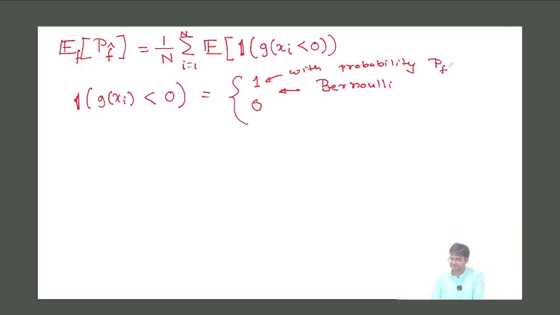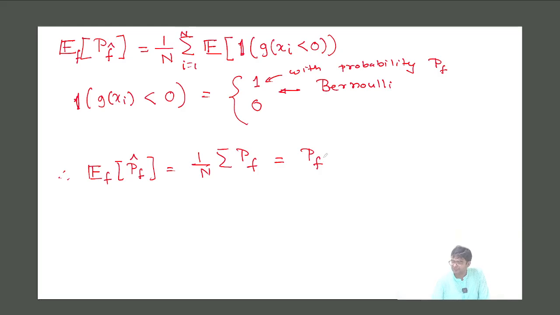So therefore, expectation with respect to f of P f hat is equal to 1 by n summation P f, which is equal to P f, which means it is an